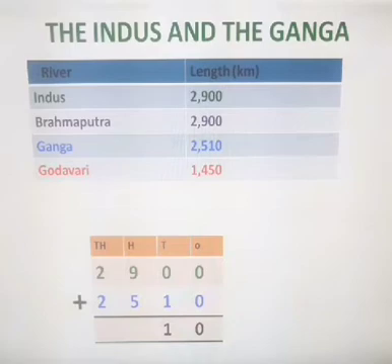Now, we will add the numbers given in the tens column. In tens column, we have 0 and 1. So, on adding 0 with 1, we get 1 only. Children, remember 0 property of addition, that the sum of any number and 0 is the number itself. So, here we are using that property only. So, 0 plus 1 will be 1 only. So, we write 1 under the tens column.